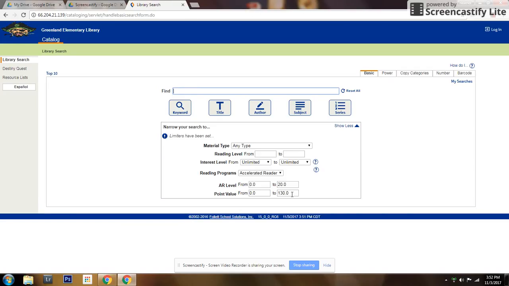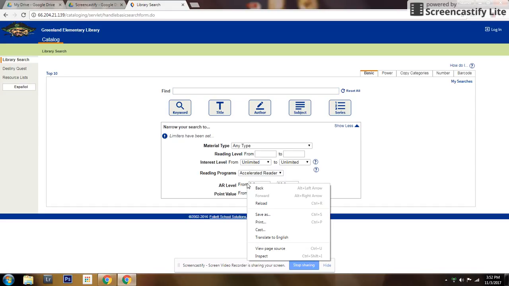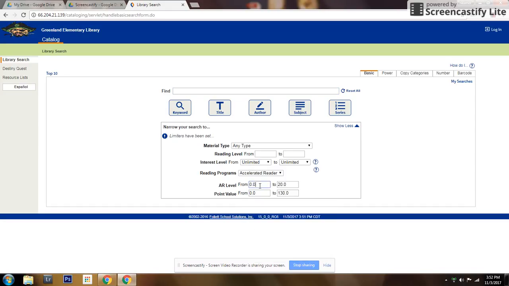So what you can do is, like I said, you can either search by AR level. So let's say you are a 2.4, or that's the level that you're working on right now. So I'm going to type in 2.4 to 2.4. So notice I put this in both boxes, the same number, because I only want to look at 2.4s right now. So I click that, and I'm just going to click the enter button on my keyboard,